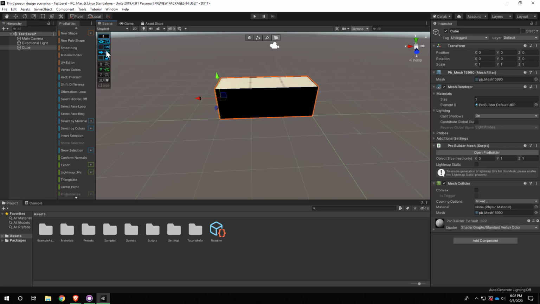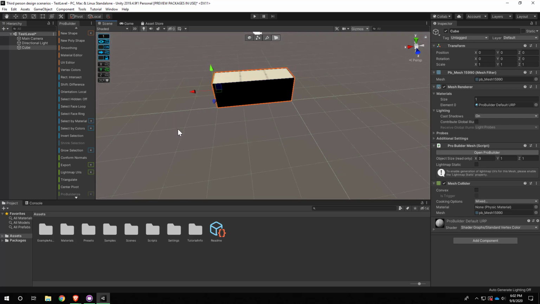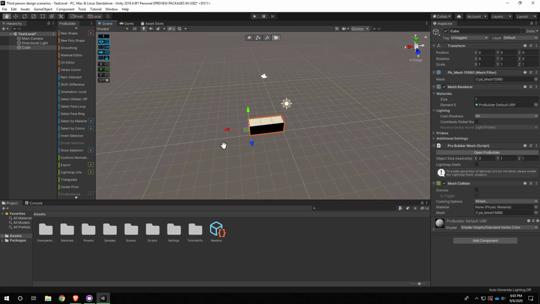If you're not sure, you can hit this snap to grid thing, and if it's not on the grid, like if I toggle snapping off and it was something like that, and then I hit snap to grid, it will go back. So I'll turn snapping back on, and I'm on my 1 meter, and I'm going to zoom my scene camera